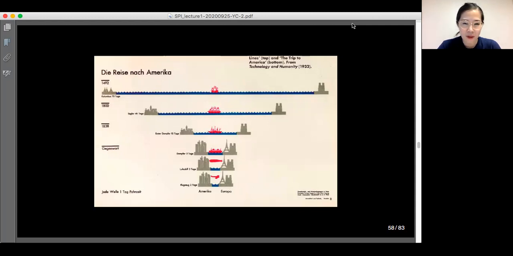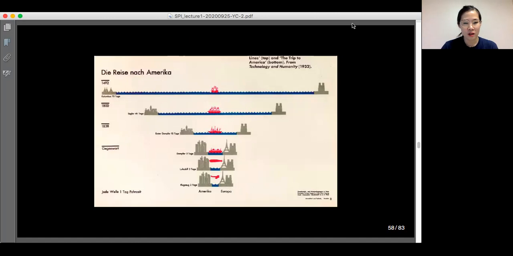And then another thing that happens is that the blue area, the ocean, gets shorter and shorter and shorter. And we know that the ocean did not get smaller. The world did not get smaller. What happened was transportation methods developed, technology developed, which means that it took less time to go from one place to the other. So in this diagram, instead of indicating distance as distance, the distance now means time. So in this case, if it takes longer, even though the distance doesn't change, the blue area, the blue line,